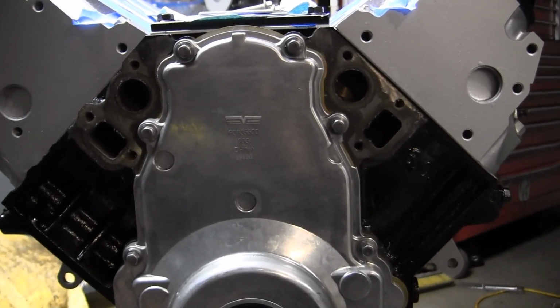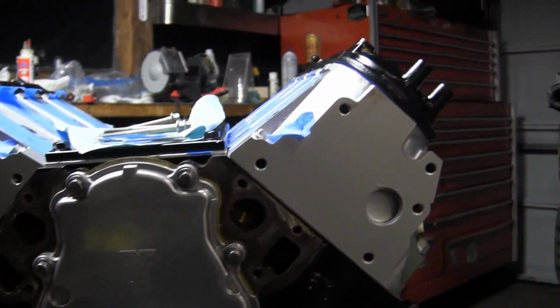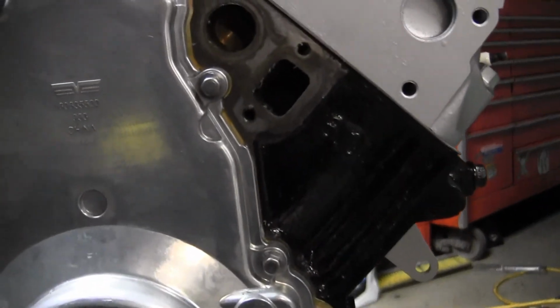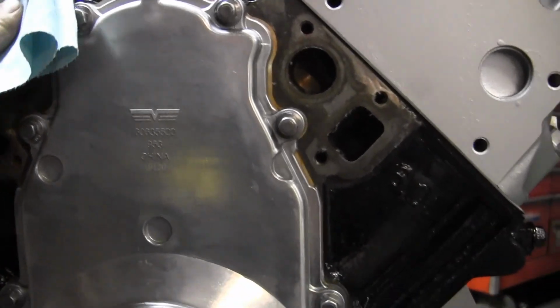Alright, I'm going to walk you through the process of installing the water pump onto a motor now. So I'm at the point where cylinder heads are on, timing chain cover is all torqued down, oil pan bolts are torqued down. Now I just need to get the water pump on here to close up the block and make sure nothing